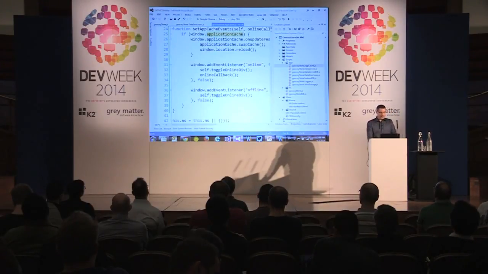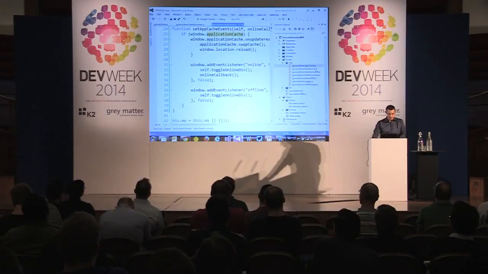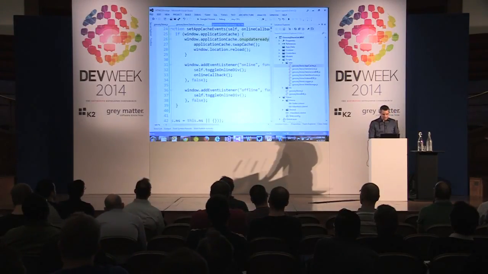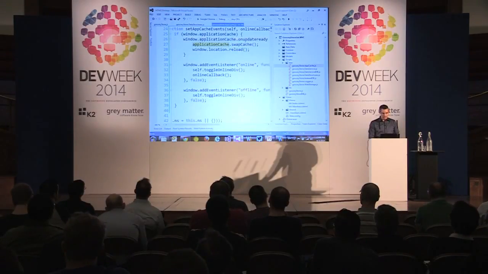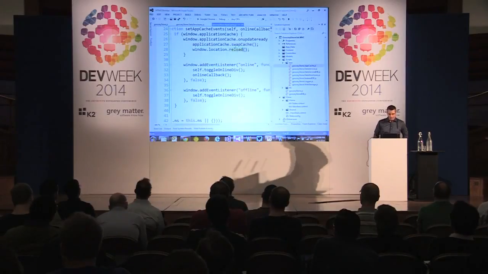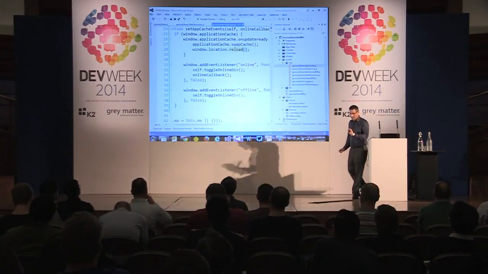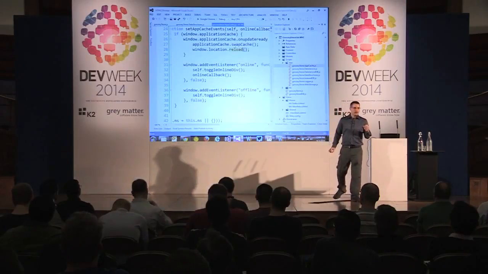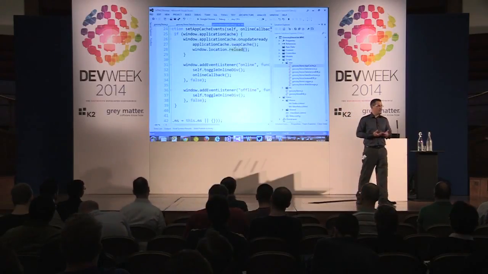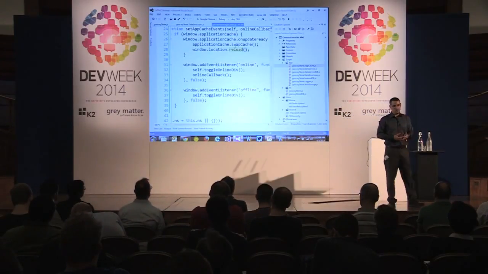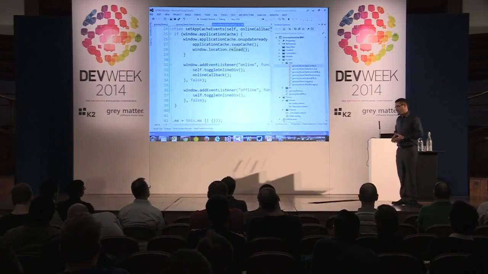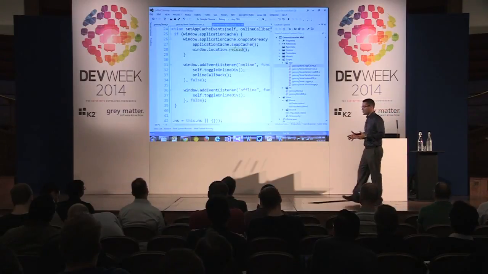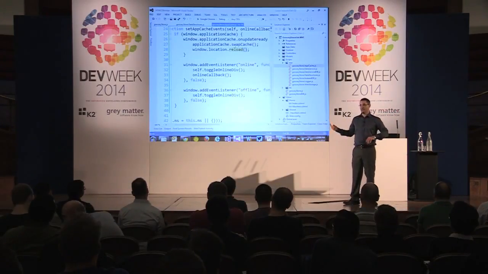So once I know that the application cache is supported, then what I'm doing is I'm just wiring the onUpdateReady event, the function that will swap the cache and reload the page. So let's talk a little bit about what I'm doing here. As I said, in order to refresh the cache, the first thing that you need to know is that you have a manifest file, and using that manifest file, you need to change something in that manifest, and then the